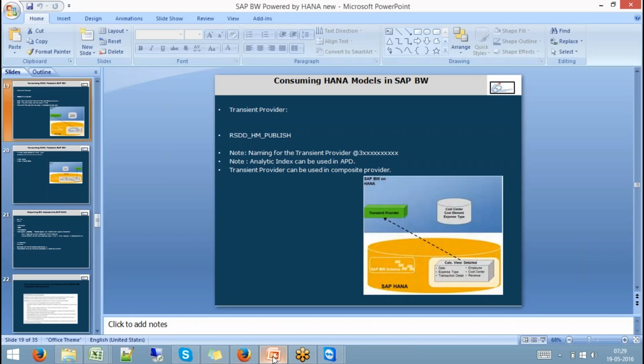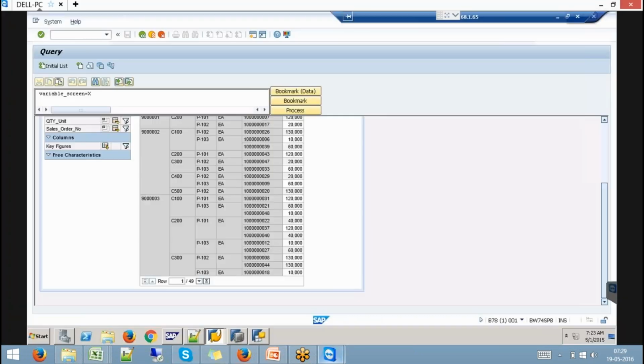So using a transient provider is one way of consuming it. Now, when I'm using this transient provider, did I use any info objects first? No. I was just using the metadata of the view, straight away the fields, and then designing this transient provider and consuming it in BW without having info objects.